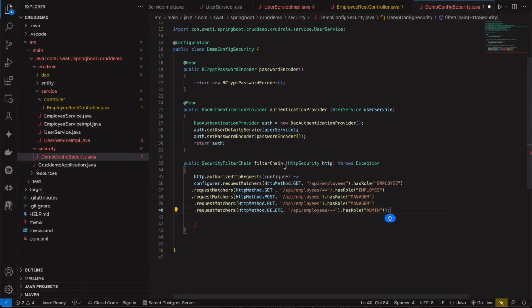So here we're creating a security filter chain method that will authorize the HTTP request based on the request matching, such as for get, post, put, and delete. That who has the option to see all the employees, then the employee can only view, the manager can do put, post request, and only the admin can delete. Okay,